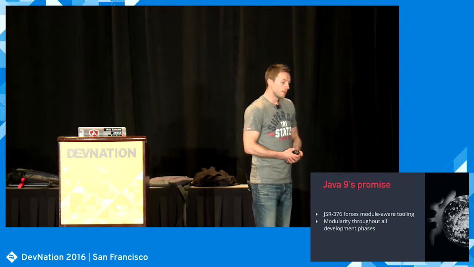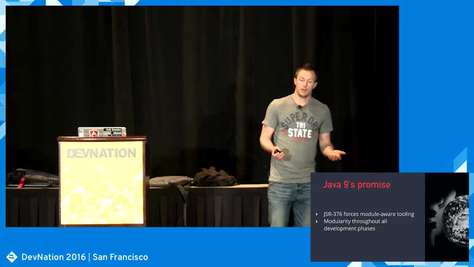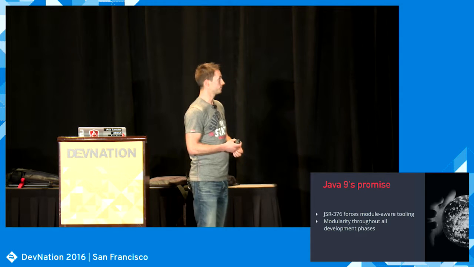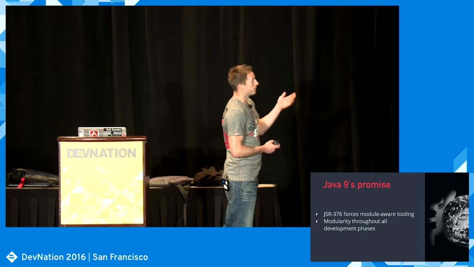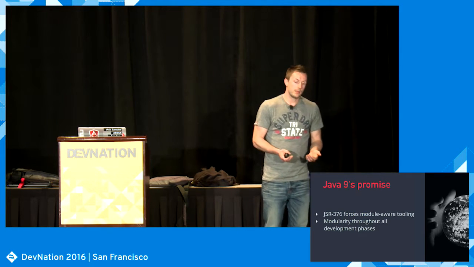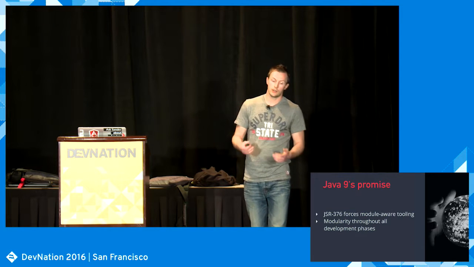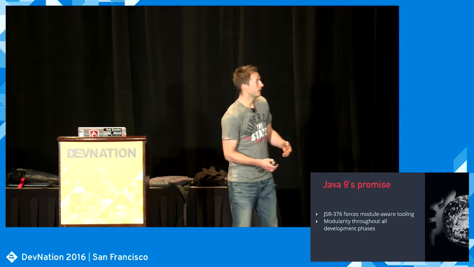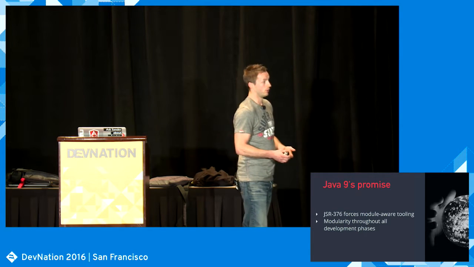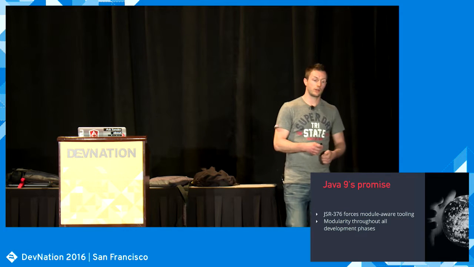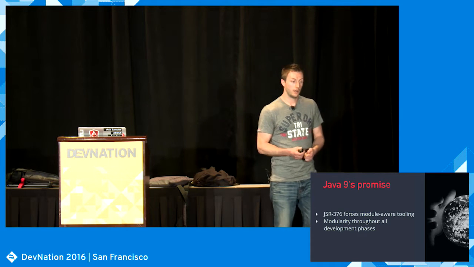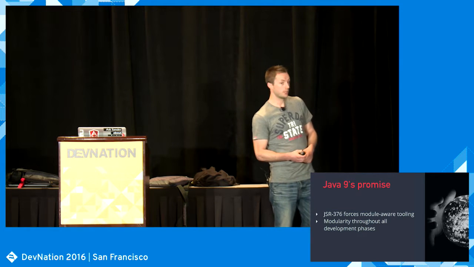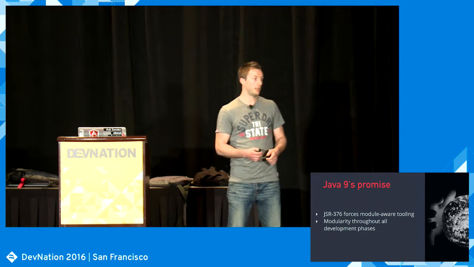Okay, so looking back at what Java 9 is supposed to promise and the goals that Java 9 is supposed to solve. Well, one of the things that is going to happen is that modularity is finally going to be a part of Java development for everyone. And that means that tooling support will actually be there. Well, all the tool vendors are already working on it. Maven and Gradle support is coming. There's already some support in Maven, actually. The compiler plugin supports Java 9 now.